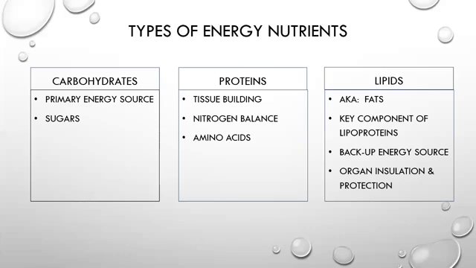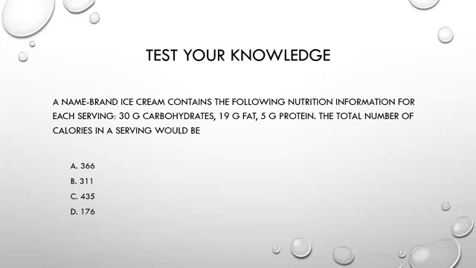So a fatty acid is considered essential if the body cannot manufacture it, which means we need it. It's essential for us. Its absence creates a deficiency disease. And that is what makes it an essential fatty acid. Okay. That's all we're going to go into with that. Okay. So let's test your knowledge.